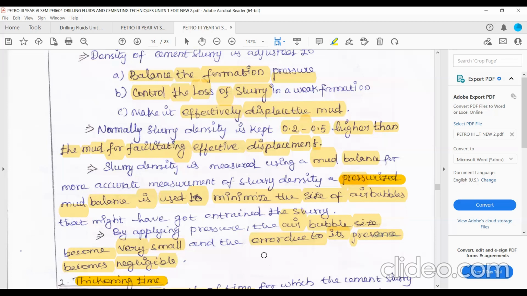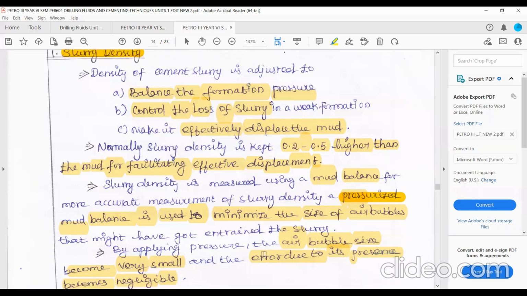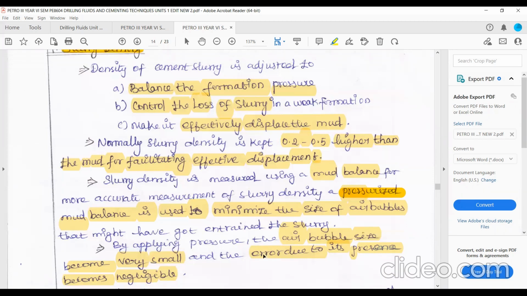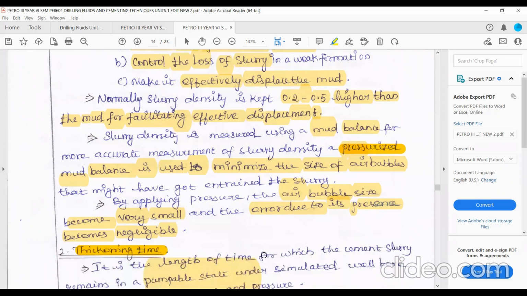So all we say here is the cementing slurry density. The concept is to balance the formation pressure, control the loss of slurry, and fully displace the drilling fluid. Cementing fluid must displace the drilling fluid, so it must be 0.2 to 0.5 times higher than the drilling fluid's density to push or sweep it. And we measure the density of the cement slurry with a pressurized mud balance to nullify the effect of errors